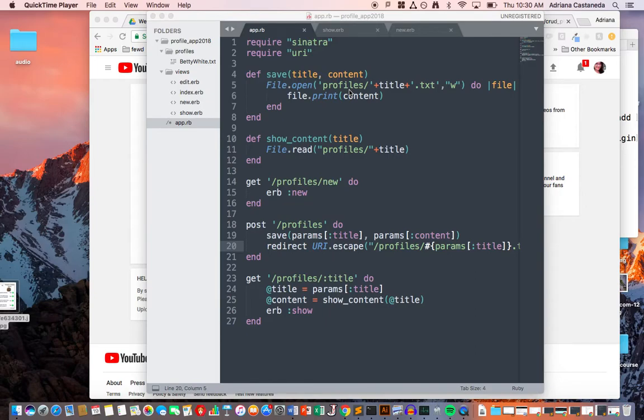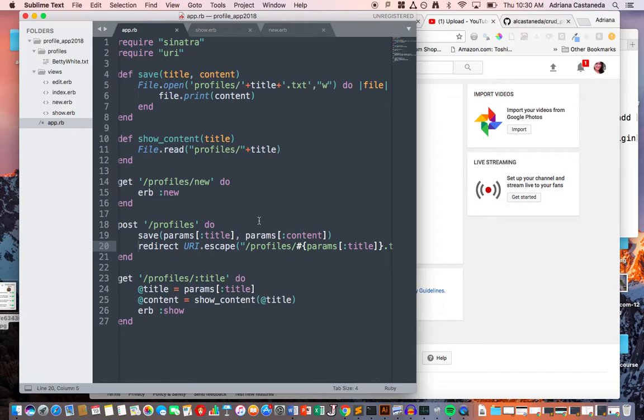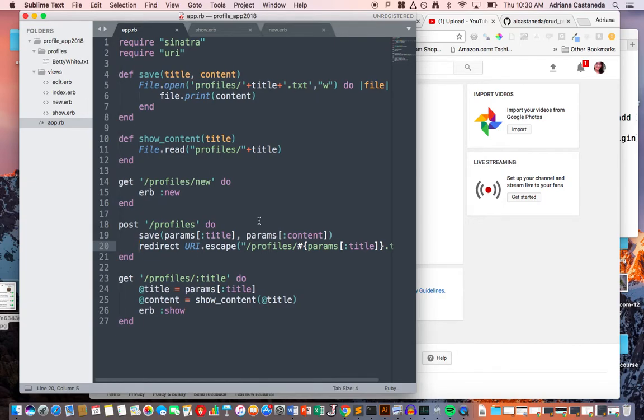But besides that, last class we went over the first part about the CRUD app. So right now, the functionality that we have, if we think about it, CRUD stands for create, read, update, destroy, or delete. So the functionality that we have right now is we can create something. So we have the C part down. We could read something. Now we need to be able to update or delete things. So, just to review,